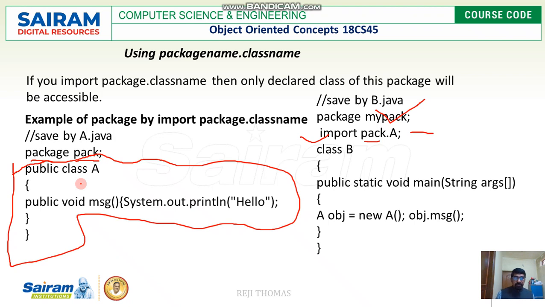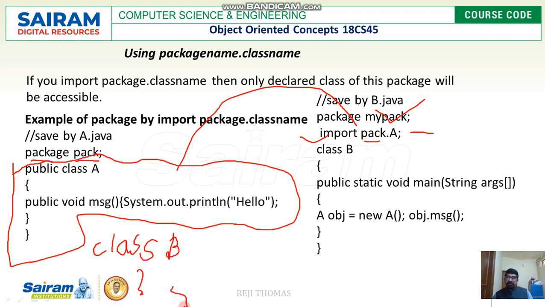Let us assume that the package called pack has got many classes. So when I write like this, import pack.a, I'll be importing only one class. Let me explain. Think that it has got another class called b. This is class b, where it has got some methods. We are not worried about what is inside that method. So now when I write import pack.a, I'll be importing only this class.